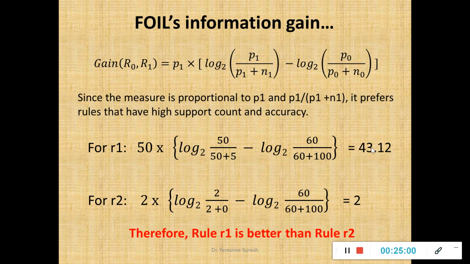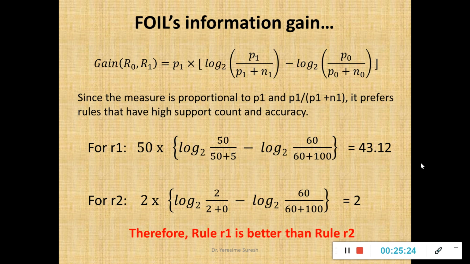So R1 is having false information gain of 43.12, R2 is having 2. So which is better? Obviously rule R1 having 43.12. Therefore I can conclude rule R1 is better than rule R2. So please remember, first we discussed how to calculate accuracy and coverage of a given association rule, given classification rule